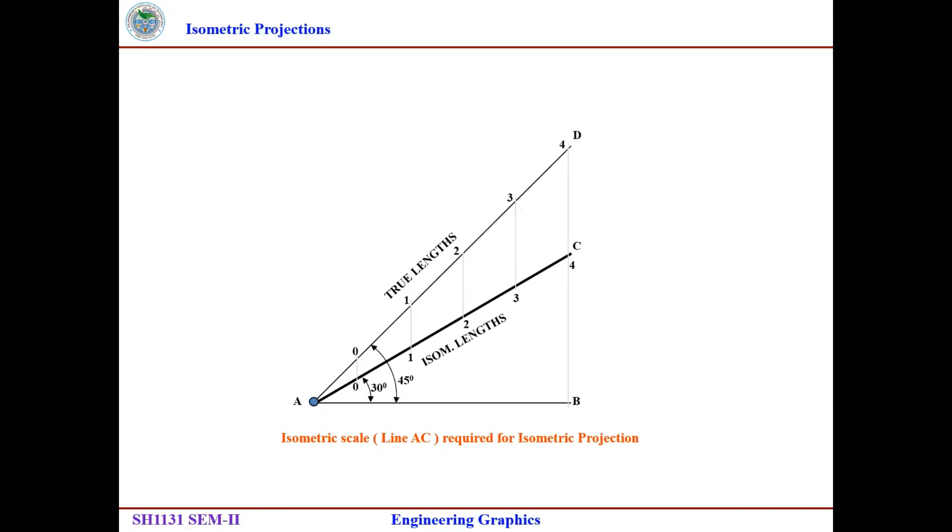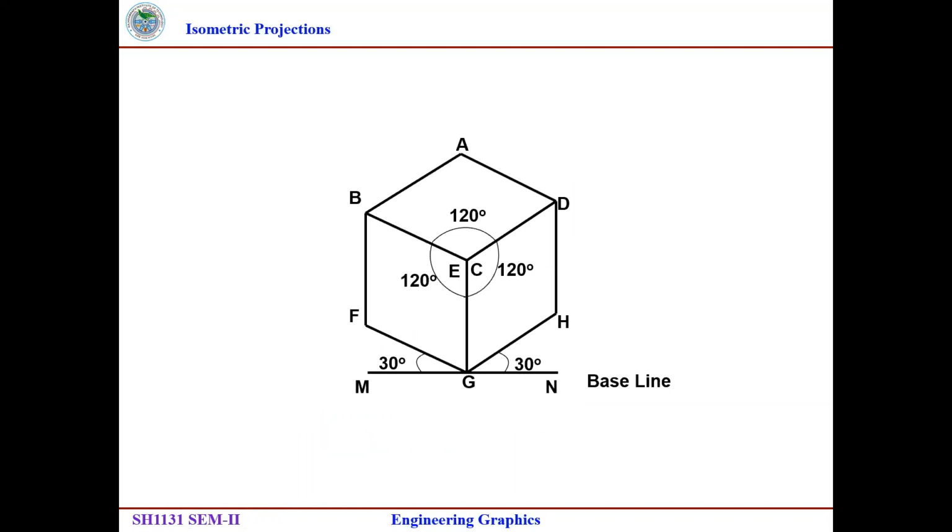Okay. So each and every dimension will be reduced in isometric view, if you observe here, but we are not going to convert. We are going to use the dimensions as they are for drawing the isometric projection. So look here, the axes are equally inclined to the plane, 30 degrees this side, 30 degrees this side, so that the observer can view all three views simultaneously. Okay, so actually if you consider the box, then this plane and this plane are 90 degrees to each other, or this edge and this edge actually have a 90-degree angle, but it looks like 120 degrees here.